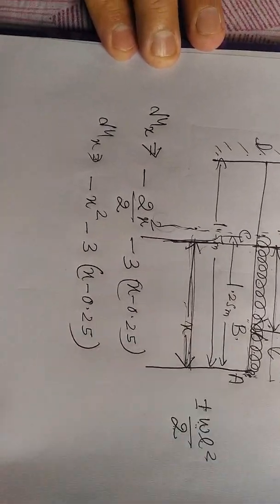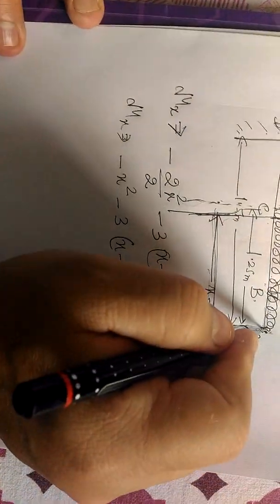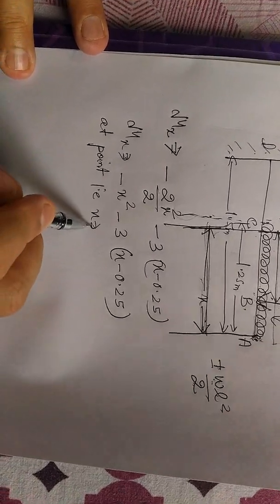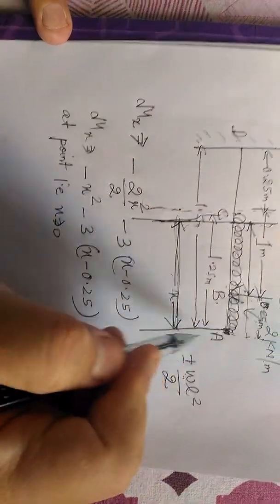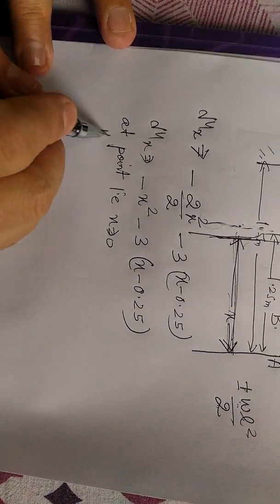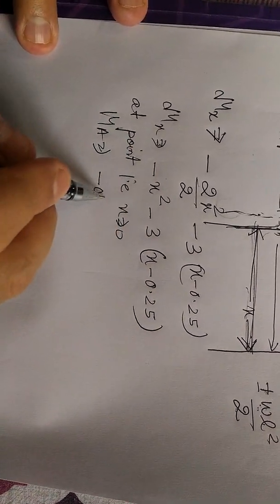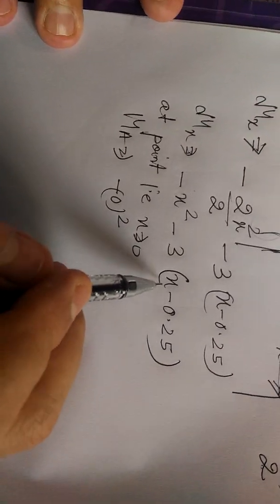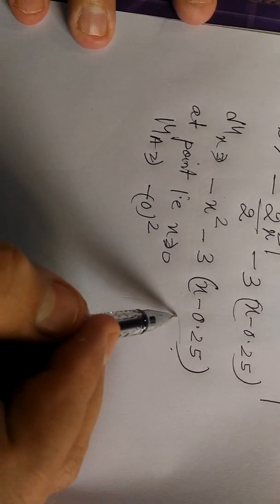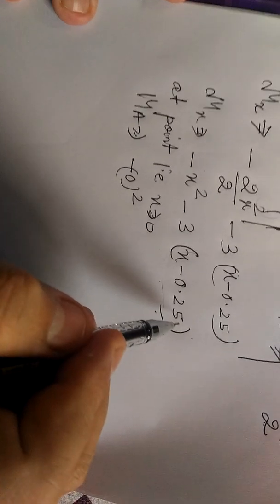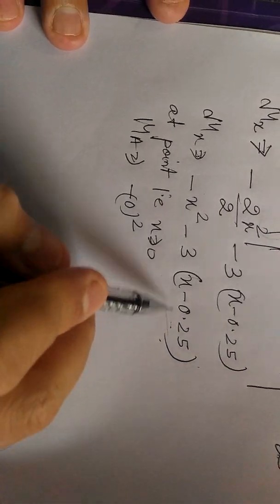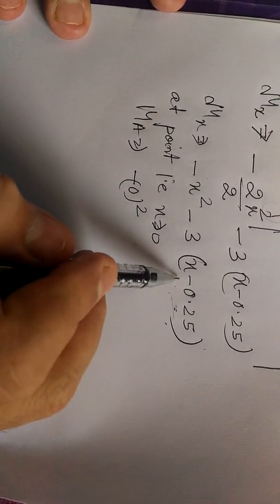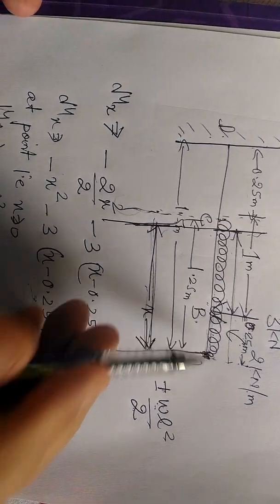Now we'll find out the value of bending moment at the salient points, starting from point A, that is x is equal to 0, because we are starting from here. This is the origin, and at this point the value of x is 0. Now MA is equal to minus 0 square. Now as I have already mentioned in the earlier videos, if we get a negative term inside the bracket, then we'll neglect it, whether it is square or cube, that doesn't matter. We have to observe that if the term within the bracket is negative, that means we have to neglect it. The reason being, since we are calculating the bending moment at this point, we have not arrived at